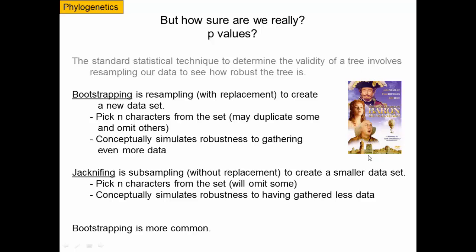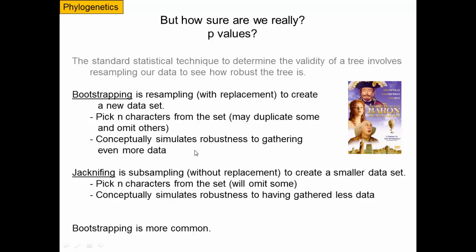He's creating an upward force in an unrealistic manner. The name comes from that kind of metaphor. We're creating new data from the data we already have by randomly picking subsets of it. But we're able to simulate robustness because when you pick these subsets, you're testing, what if I have data that looks really similar but is different because some values are missing and some values are duplicated? And if you keep getting the same tree every time you bootstrap, you're going to be confident that that's probably